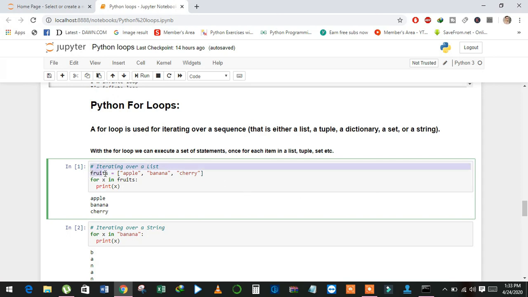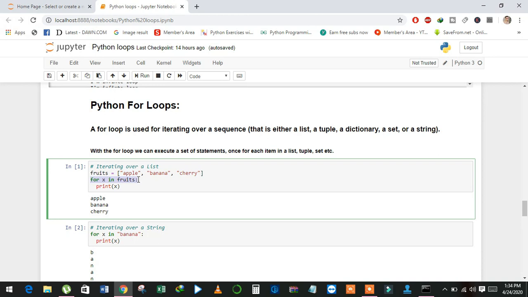Look at the example. We have a list which is fruits, and see here, with square brackets we can create a list with elements. Apple, banana and cherries are elements. And see here, a for loop has a different syntax. We will use the for keyword and in.